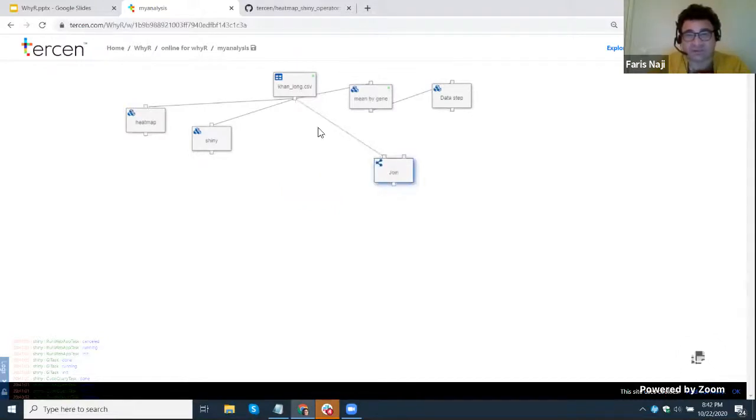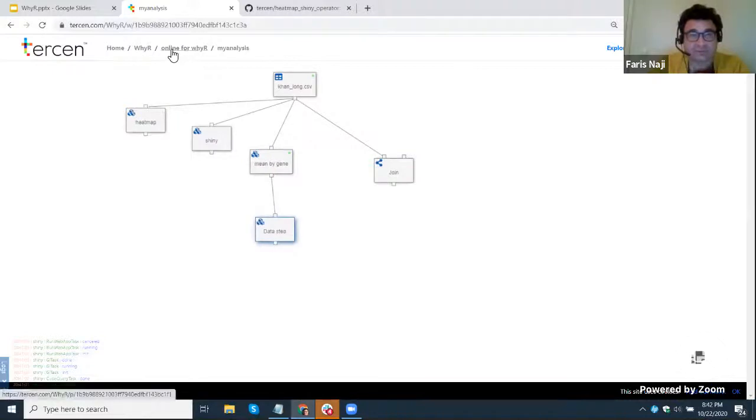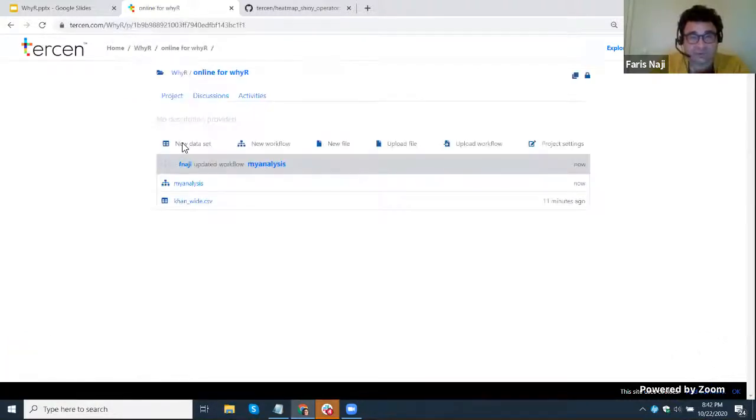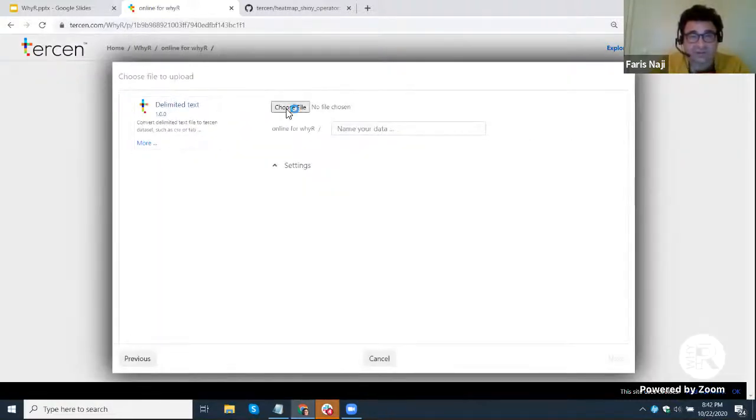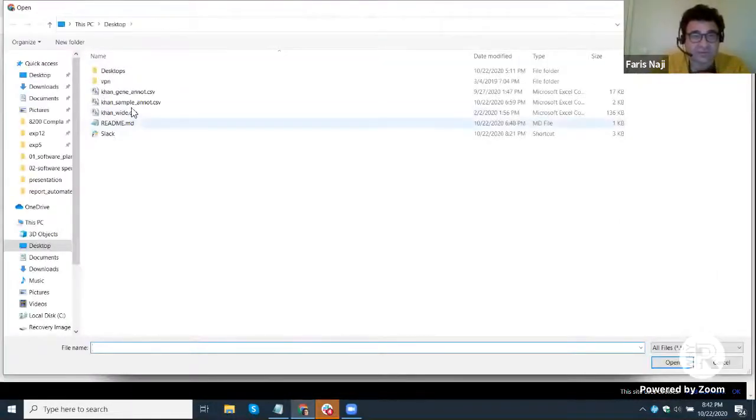I don't think I uploaded that file. Let me just remember. Did I upload it? No, I didn't. So I just do a new data set. I do the same thing I did before. I don't need to do a gather because these are in long formats already. So I'm taking the sample annotation,